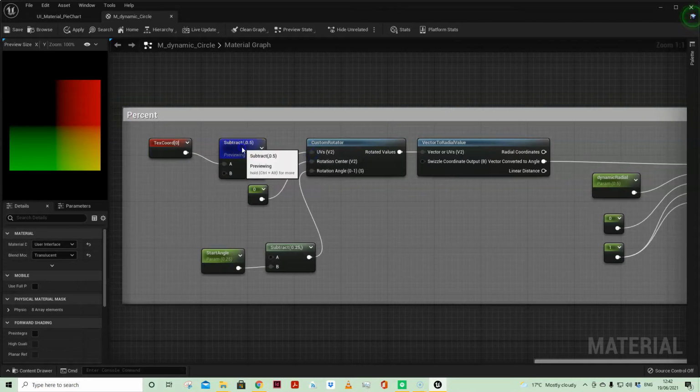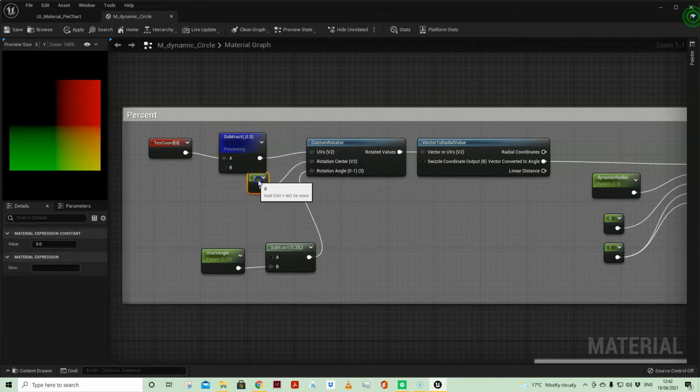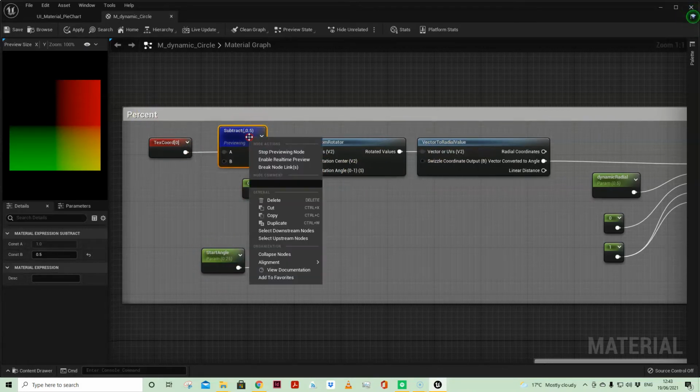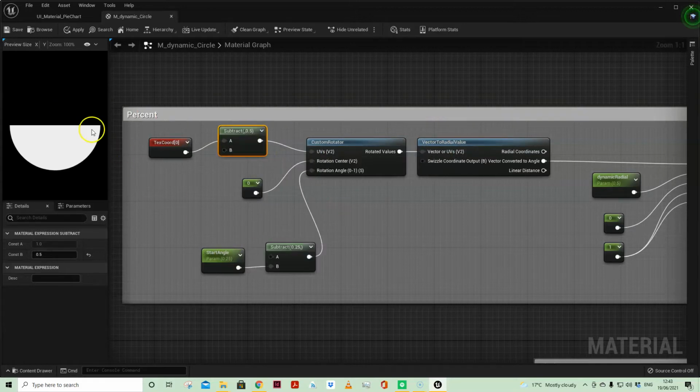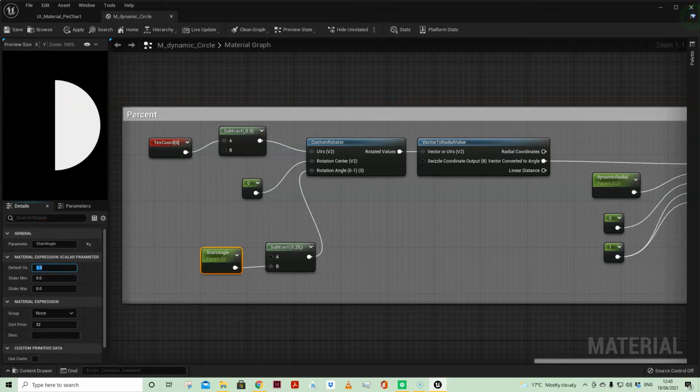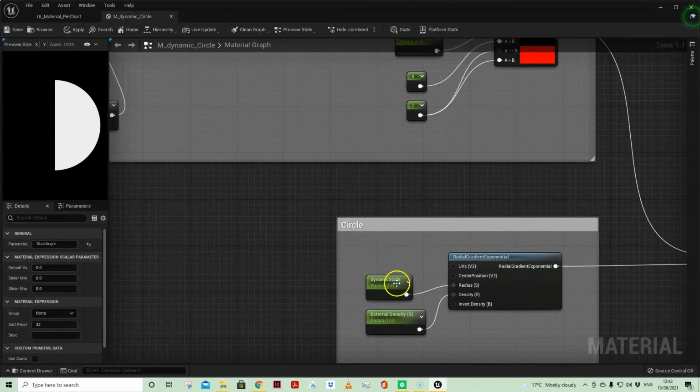That goes into our custom rotator. Now, firstly, we just plug in a 0, 0 because we've already set the center. But here we've got control over the start angle. Now, if you recall, in my example, I'm starting from here, hence a 0.25 offset. If I want it to start at 12 o'clock as opposed to 3 o'clock, I can just change that to 0. The reason it's drawing half a circle is because of my